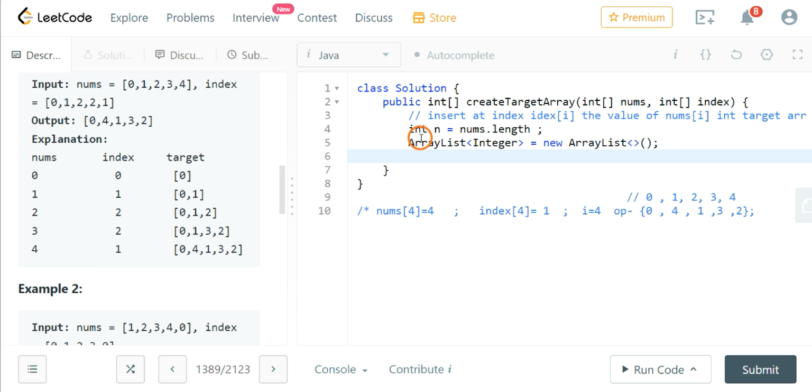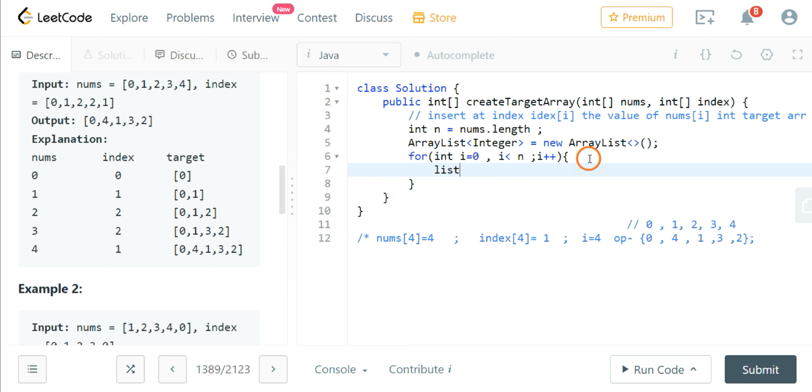So what we were doing, that at index I, add the value of nums at I. So we are done with our question, but the code was only this much.